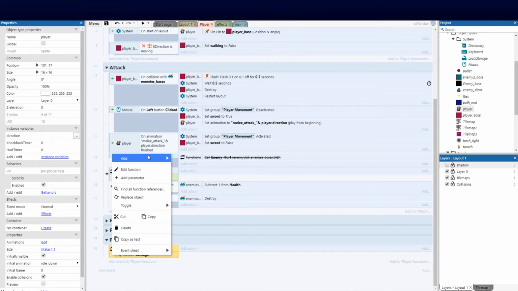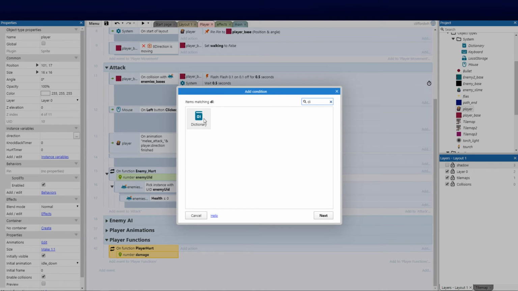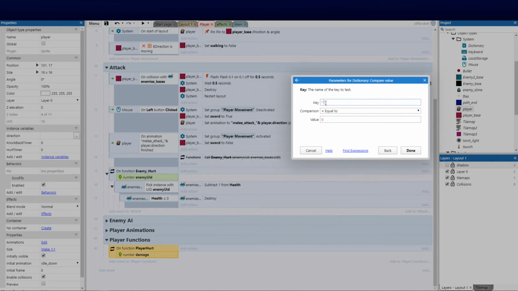Right, so now that we've got that function, we can basically add a sub-event. Now, we need to just check the dictionary because it's obviously our key. So here we basically go add sub-event, and we're going to go dictionary, and then we need to check a key, compare a value, and the key that we want to check is the health, obviously. So we're going to go health, and we're going to go is greater